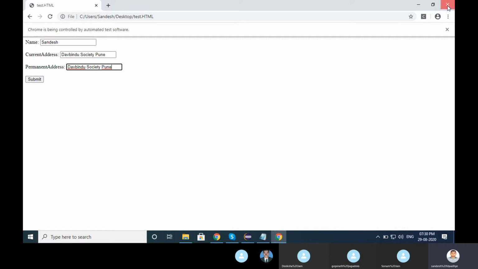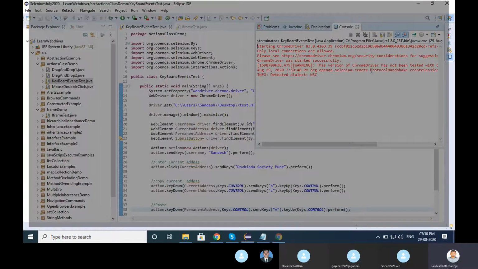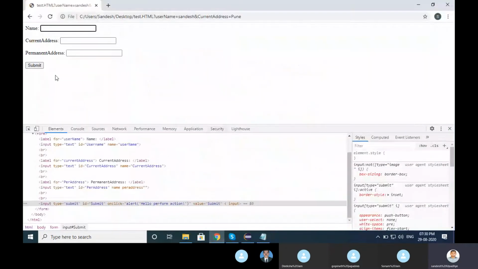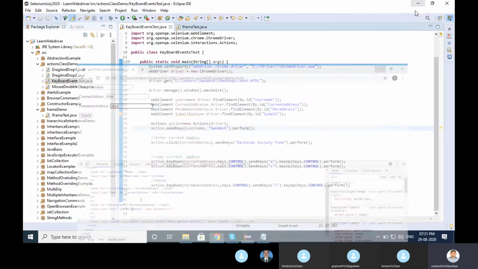Anyway, I will tell you what happened and what I have done here. So my agenda is I want to pass some name, I want to pass some address. Control plus A means select all, Control plus C means copy, and come here and Control plus V. So the multiple keyboard keys I have passed here.